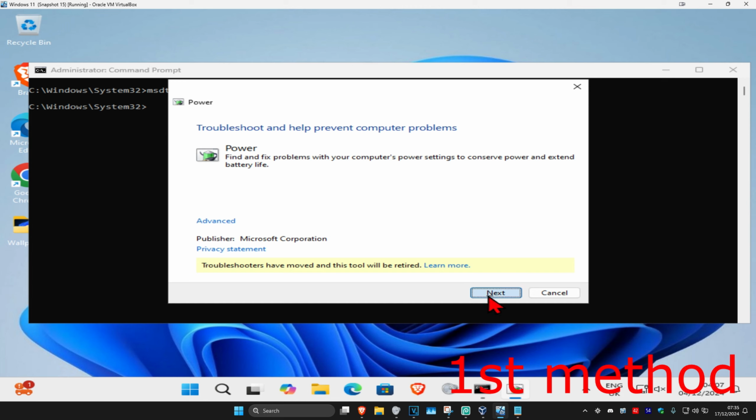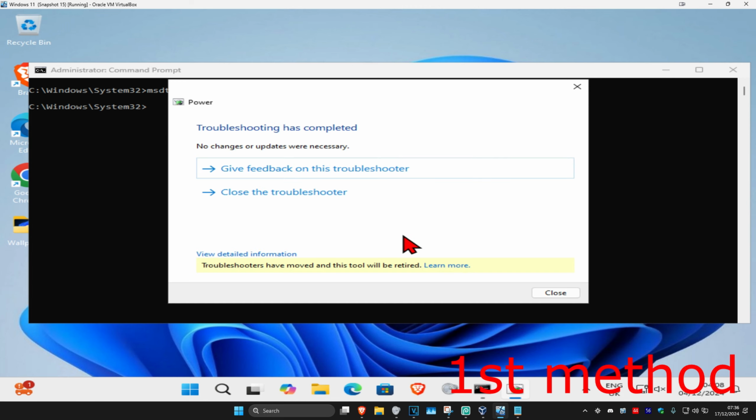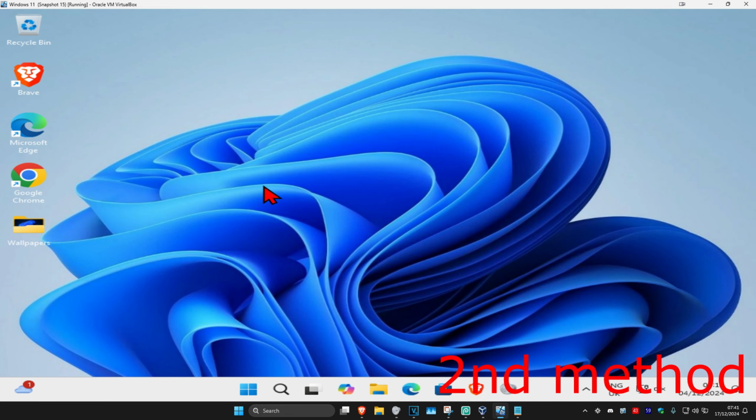You want to click on next. Wait for this to load. And if it detects anything, it will try to fix it for you. If that's still not working for the second method, you want to head over to search and type in device